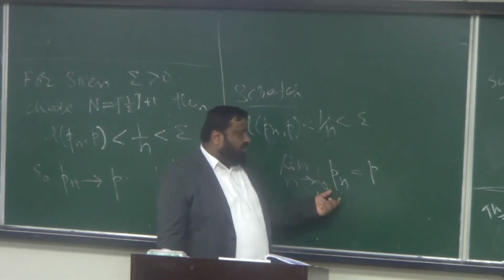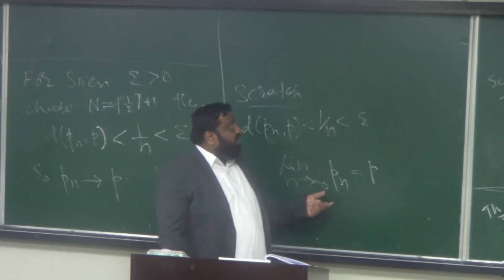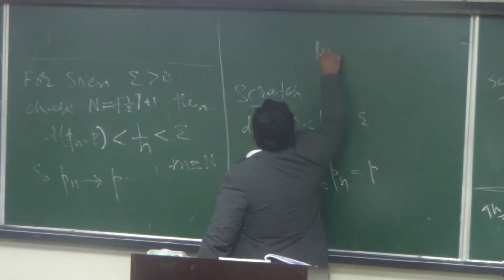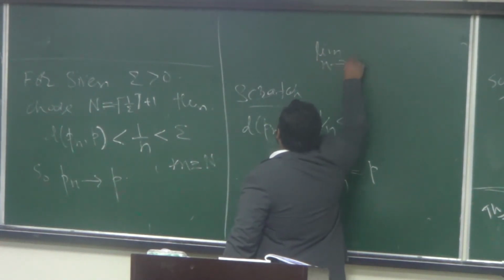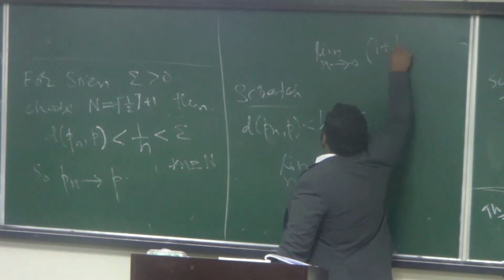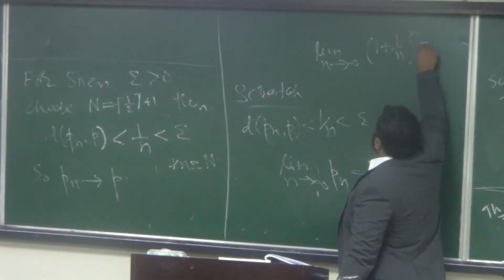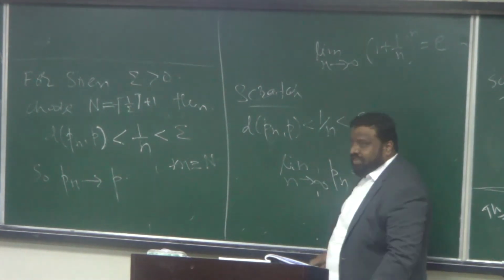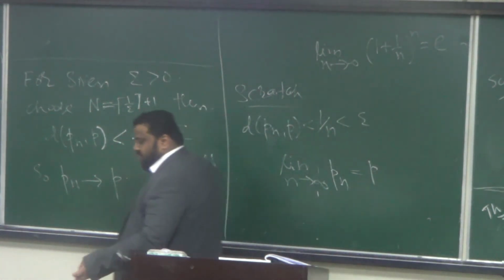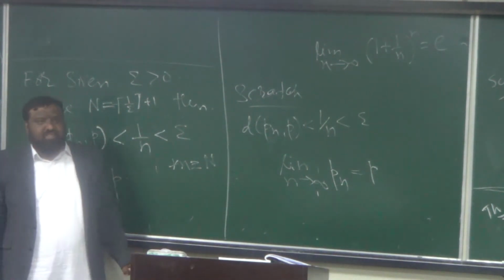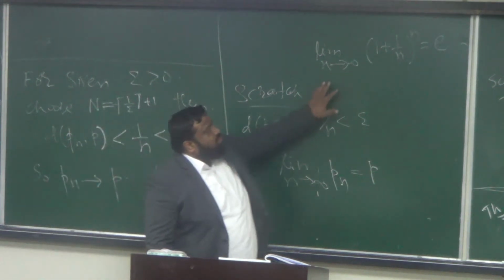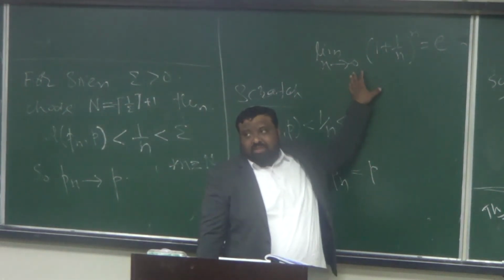So in other words, just think about something that you have learned previously. If Pn is convergent, just for a moment, I'm quoting something that you have learned previously. We haven't proved it, we need to prove it, we will show actually that this is the case. But what does this show actually, as n goes